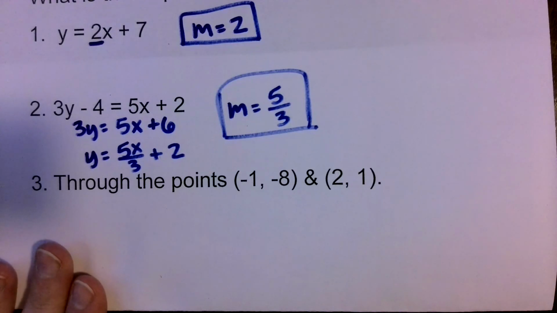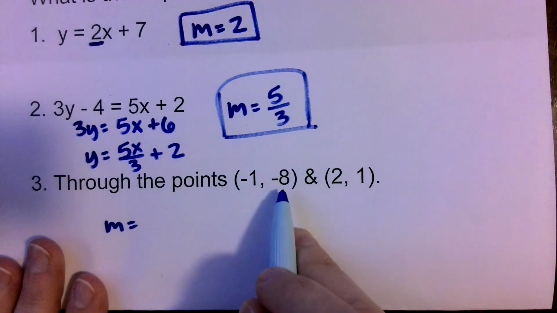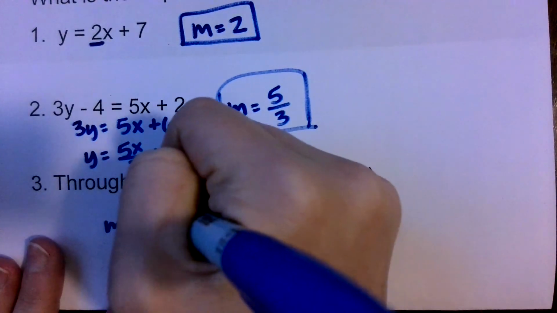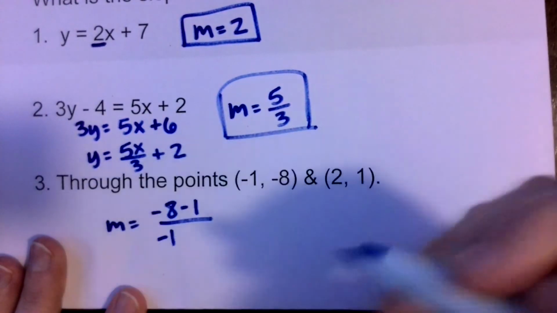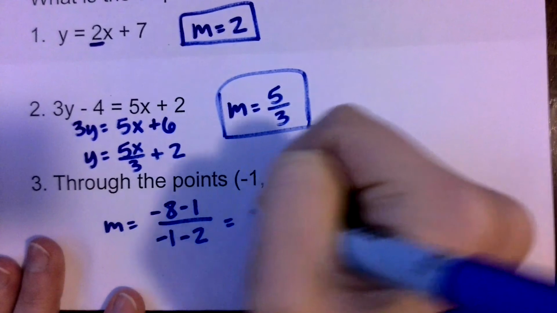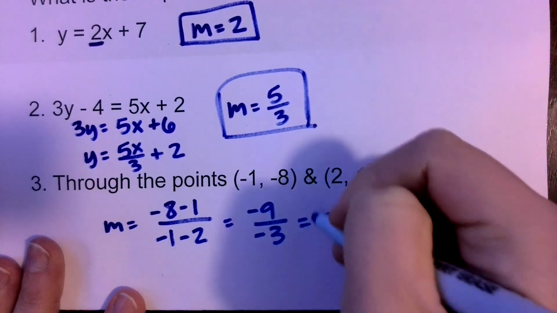Okay, and then last one. Oh, I think this might be exactly like the first one that we did. It definitely is. Well, hopefully you got it this time. I'll do it the other way this time. If we start with our -8, we got -8 minus 1 over our -1 minus 2. You still end up with